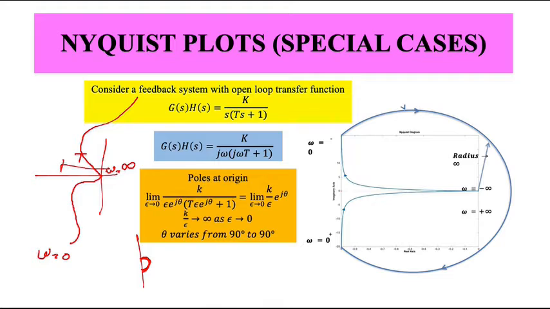So now the question is, is the system stable or not? Well, what was stability? It is just looking at the encirclement of minus 1 plus j0, and that is somewhere here, and this is the point of interest. Now what was the number of encirclements? N equals P minus Z. P equals 0, Z equals 0, therefore the number of encirclements is 0. Since the number of encirclements is 0, we can say the system is stable.